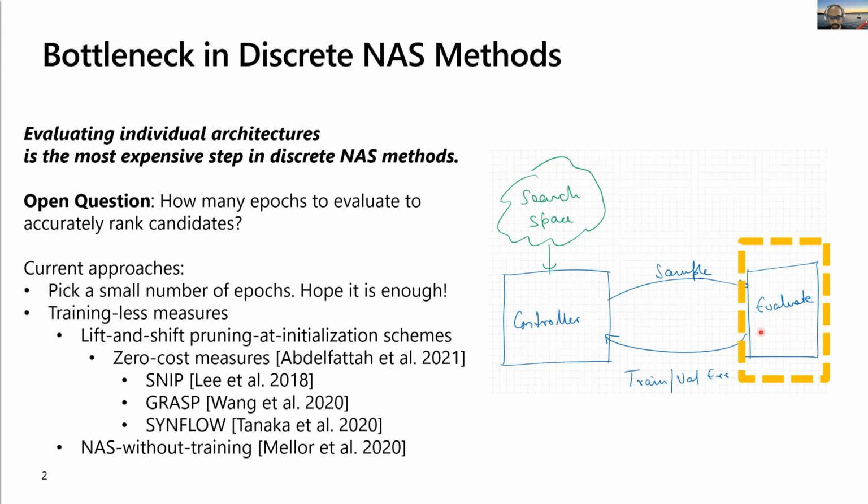And so most people have come up with many different ways to cut down this evaluation time, such that your final ranking, let's say your Spearman rank correlation or your Kendall tau with respect to the ground truth ranking, is respected as much as possible, but allows you to touch each architecture as lightly as possible, so that you don't have to spend too much compute on each architecture. That's really the main goal when it comes to how we should evaluate architectures: maintain ranking with respect to the ground truth if you had fully trained it.